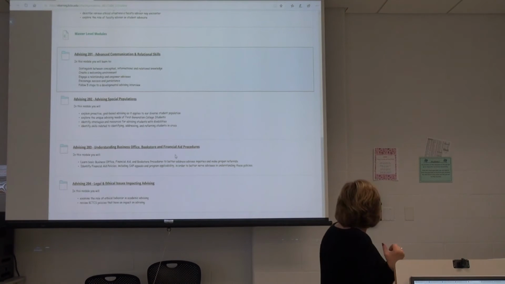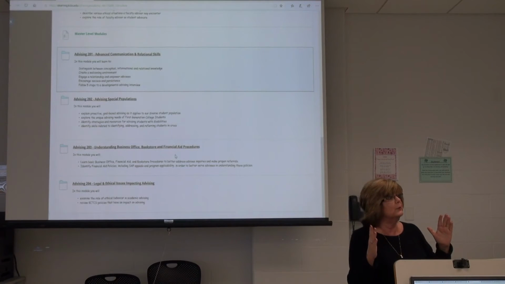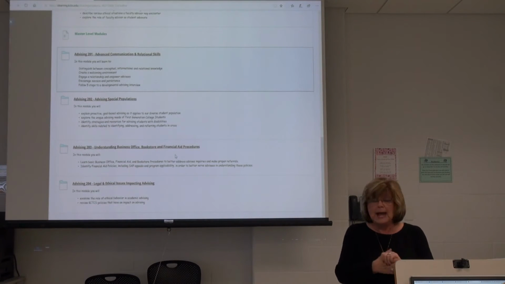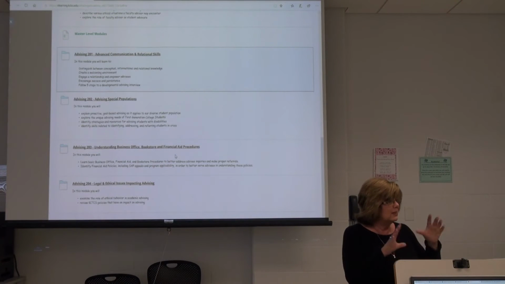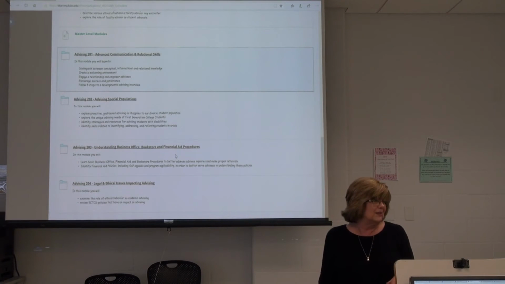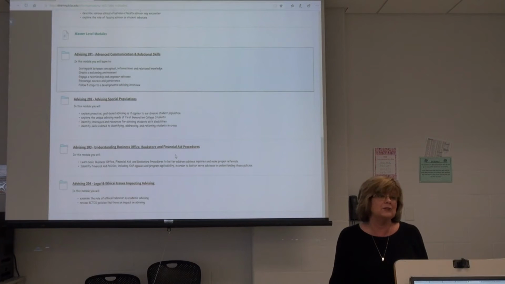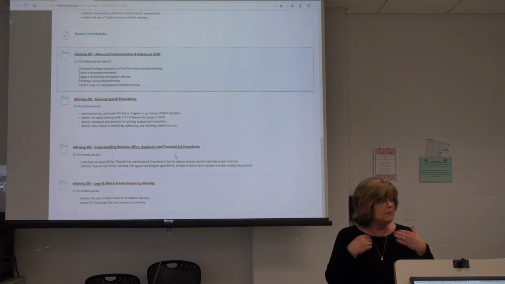Okay. Now, at the end, when you get these done, you need to let me know, and I'll print you out a certificate of completion, okay? And at the end of each one, there's a little post-test, and you've got to get a certain score. It doesn't take very long to do these. I think I did the master ones in like 4 hours. I was sitting there, I didn't have anything else to do, and I was like, okay, I'm gonna use this time. So just go in and do them whenever you can, but let me know when you finish them,